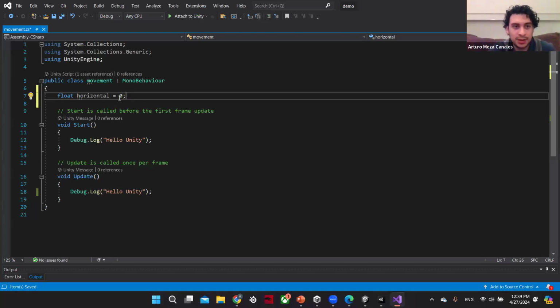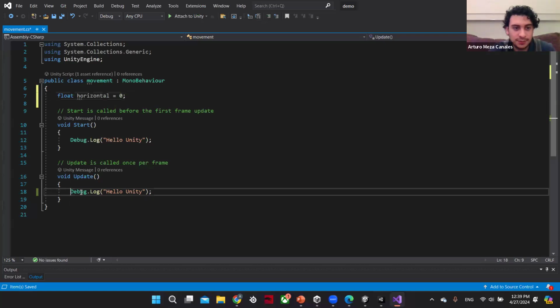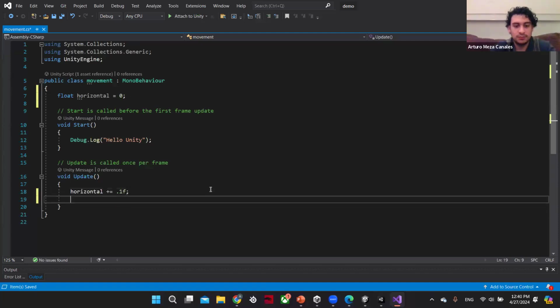But we have this horizontal that's just equal to 0, and I'm going to add a number to it. So we're going to do 0.1f. The f is just there because it's a float, so I have to put f at the end, but it's just 0.1. So this will add 0.1 to this float, and if we print it out,